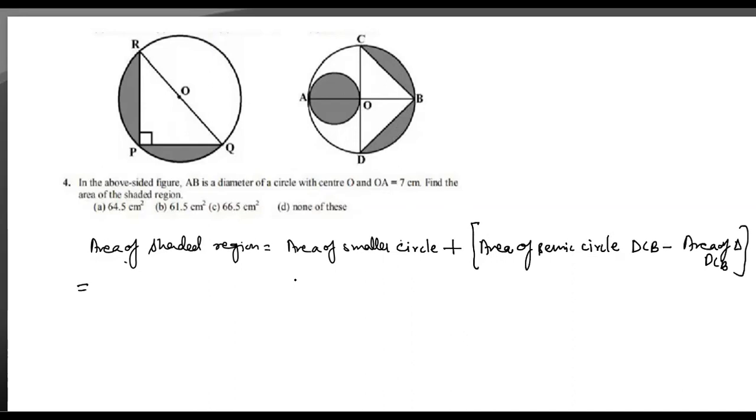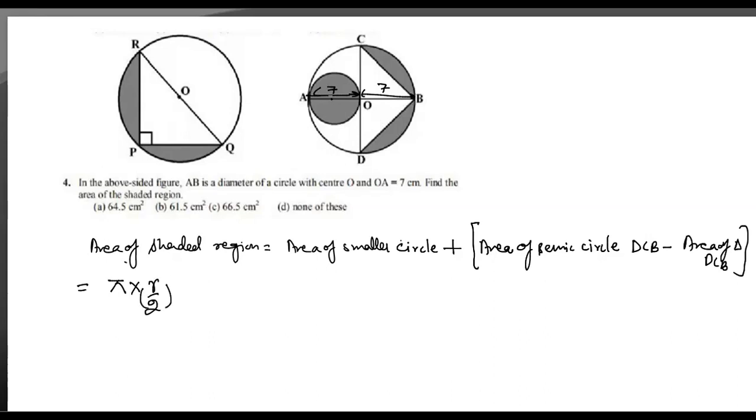So how can we find the area of this smaller circle? That is by pi. You know that if the diameter of the circle is 7, this one is 7 and this one would also be 7. So if both are 7, this is the diameter of the circle. So we can say the radius of this one will be 7 by 2. So you can write here pi into, first let me write it, that is r by 2 square.